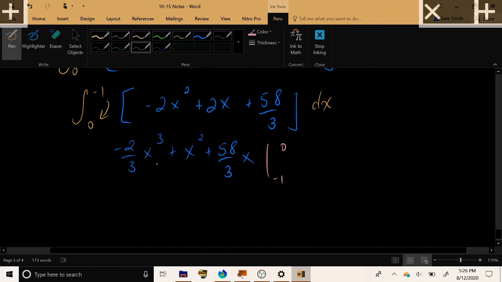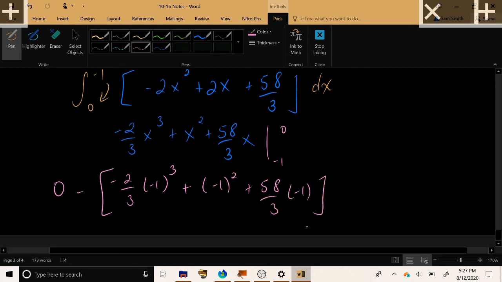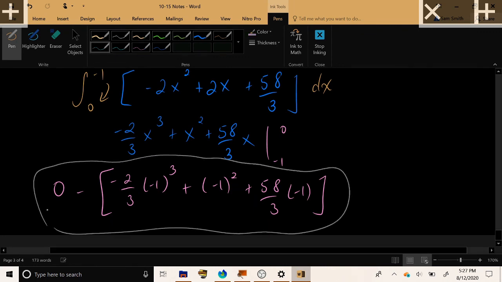Alright, plugging in 0 will cause each of these terms to vanish, and then plugging in negative 1 will give us this number, which I will leave to you to simplify if you desire. So a fairly lengthy process,